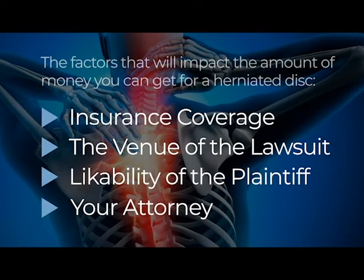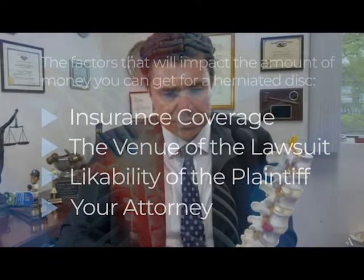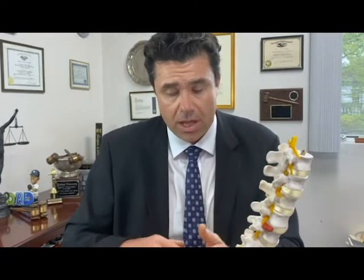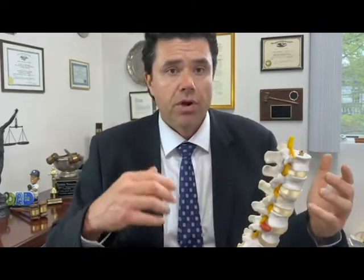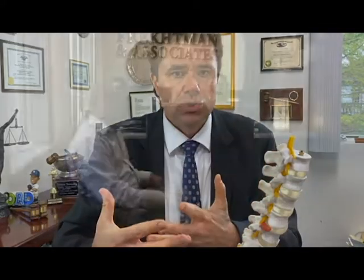And the other thing that's very important is the lawyer handling the case. Because if you have a lawyer who's going to spend the time to get to know the client's story, who's going to go to the client's house, who's going to find witnesses, like a circle of friends, people who knew this client before the incident, people who knew this client after the incident, to be able to fully explain the client's story to a jury. Obviously that lawyer, if they bring in, let's say, pics from your iPhone or your Facebook or Instagram that show that you were bicycling before this injury, but after this injury you can't, you're stuck in bed, and if they really can show how this has changed your life,